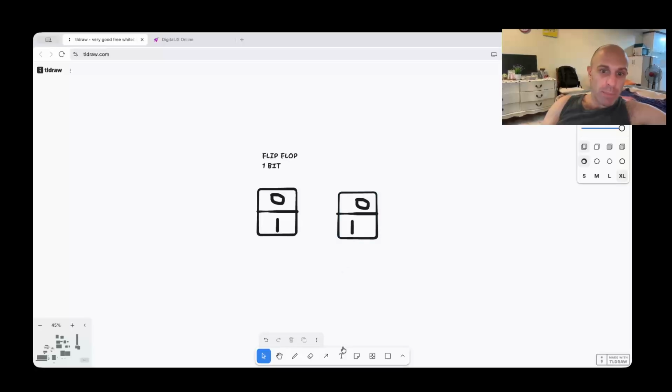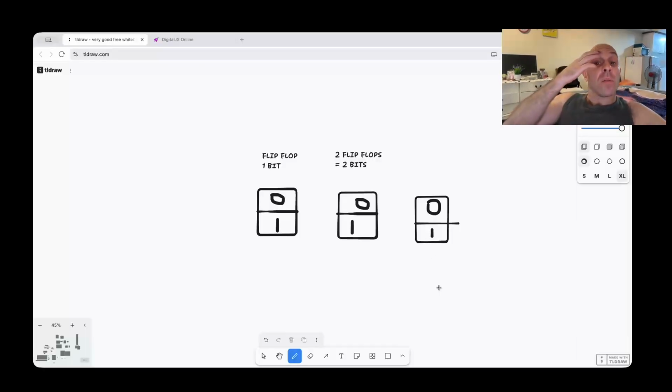How many bits would that be? 2 flip-flops equals 2 bits. Now you could do it another time. Chain another flip-flop and add 2 more states. So you have 3 flip-flops